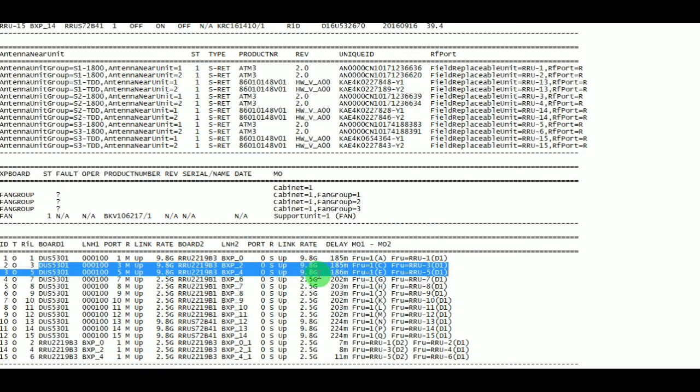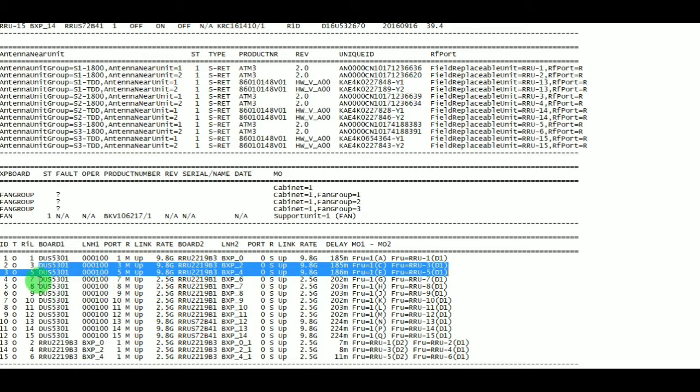Here also 9.8 GHz, because they used the RDH 102.65/2 SFP module, and the delay is 185 millisecond and 186 millisecond. The connectivity is C port of baseband 6630 to RRU 3 data 1 port. Here E port of baseband 6630 to RRU number 5 data 1 port.